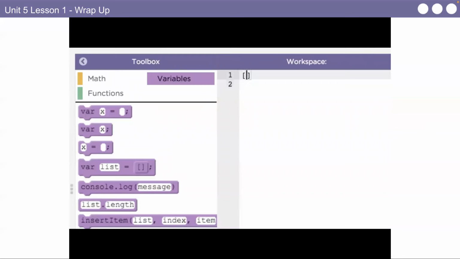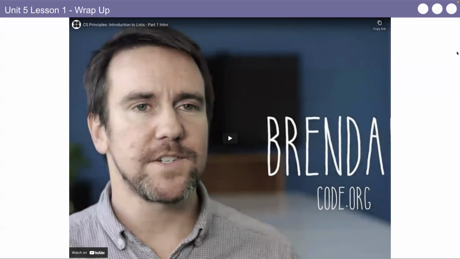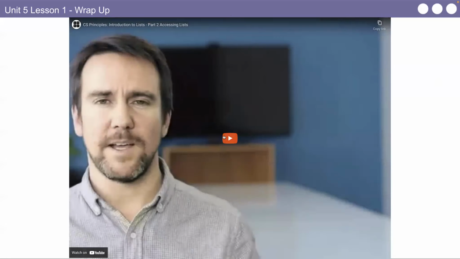You can also create a list with some initial values in it. Just write out the values separated by commas inside the square brackets. For example, you can make a list of numbers like this, or a list of names, as in a contact list, like this. Just like how you can assign a number or a string to a variable, like var x gets 5, you can also assign a list to a variable to use it later, like this. You can think of a list as a container of numbered slots. Each slot can have one value in it. Okay. Easy enough, right?